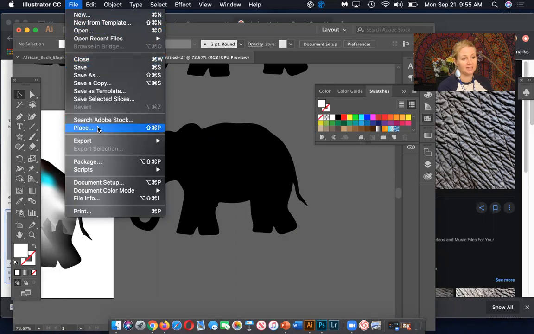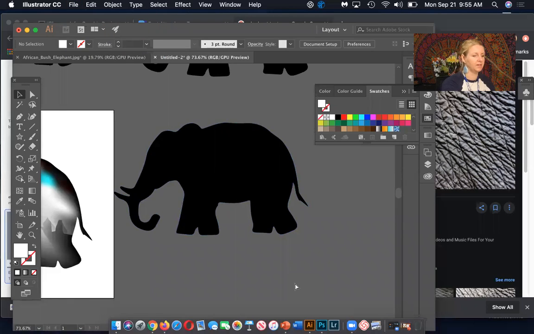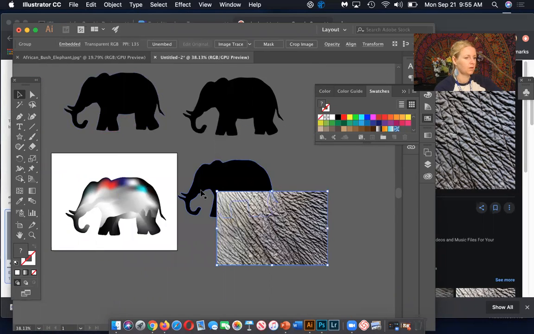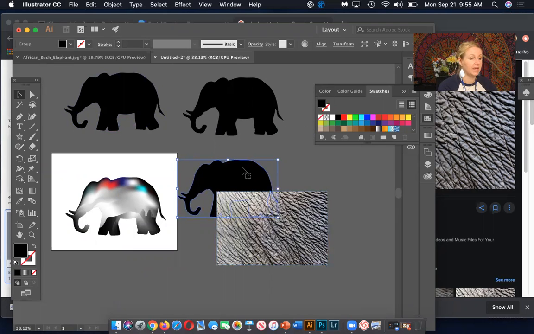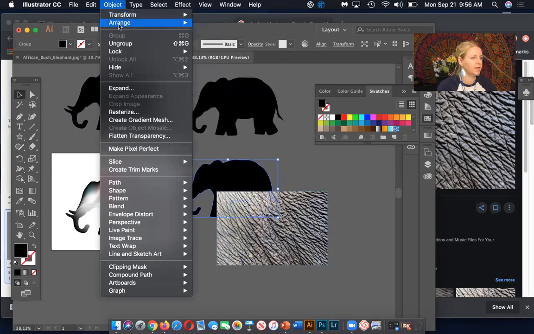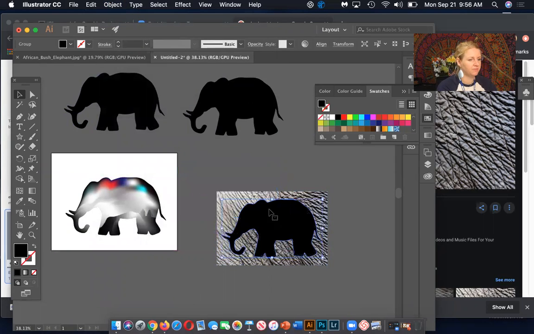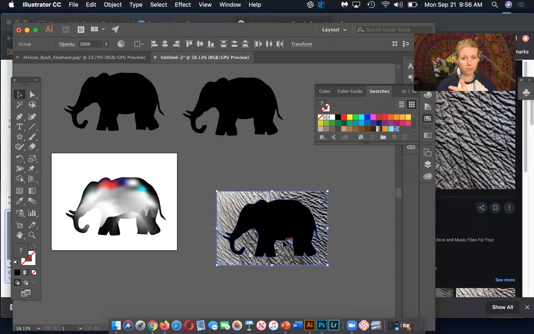So if I had it saved on my computer, I could place it into this document that way. But I just copied it. So paste. Okay, it's really big, so I'm going to resize it. And then we want this animal to be on top of the skin. So Object, Arrange, Bring to Front, make sure it fits, and then I'm going to select both, and I want